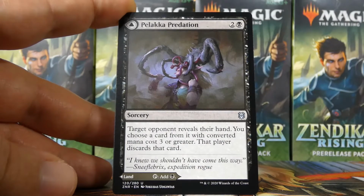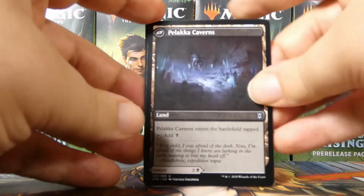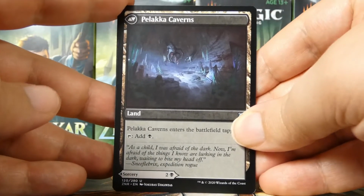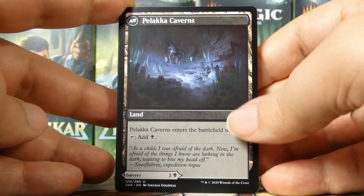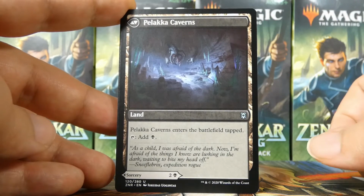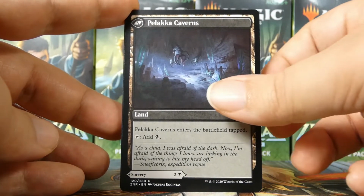Behind Mind Carver, a Palaka Predation. Okay, and it flips into, we have a lot of flip cards. It flips into Palaka Caverns. This art is nuts. That is so cool looking. I don't even know if you can really see that, but there's like the Palaka worm thing up here. Very, very cool looking. And so our next rare or mythic is...